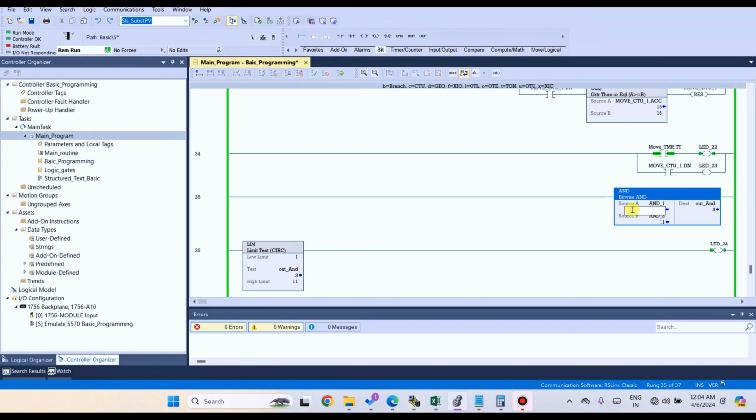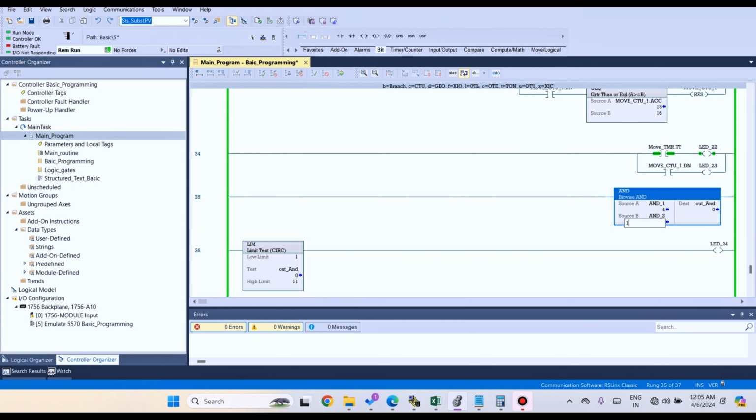Example: source A is 4, so 1 0, 2 0, 3 0, 4 1, 5 1, 6 1, 7 1, so in 4 numbers the output will be on. 8 off, 9 10 11 off, and on 11 on output.